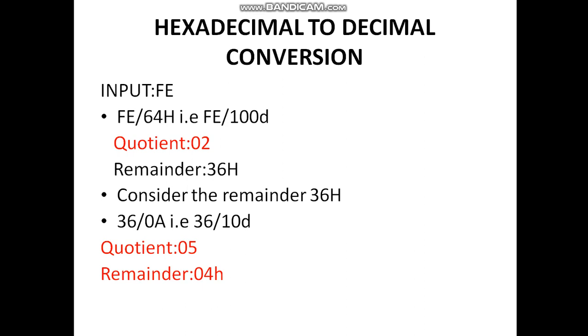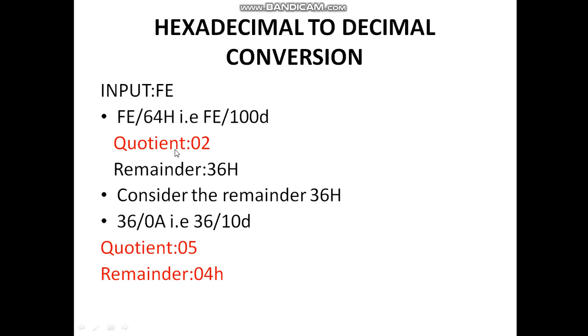So for division, you get two results. One is the quotient and the other is the remainder. You need to store both the quotient as well as the remainder. For this example, the quotient is 2 and the remainder is 54. Okay. Next, you need to store the remainder. Remainder is 54, and this remainder has to be divided by 0AH, that is 10 in decimal. So you get a quotient which is 5 and the remainder, that is 4.